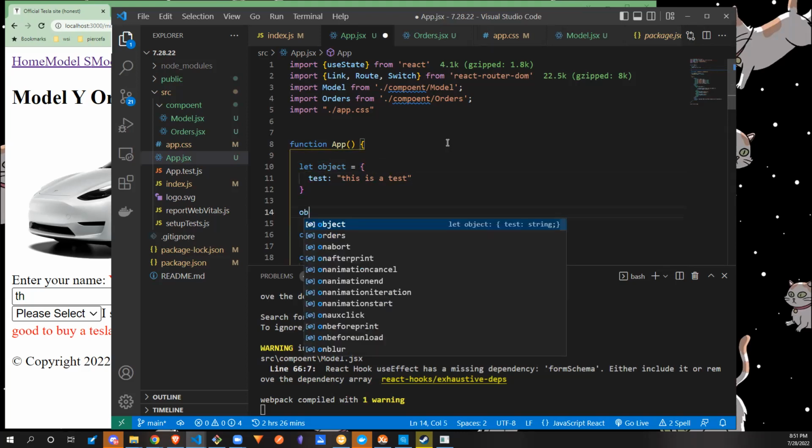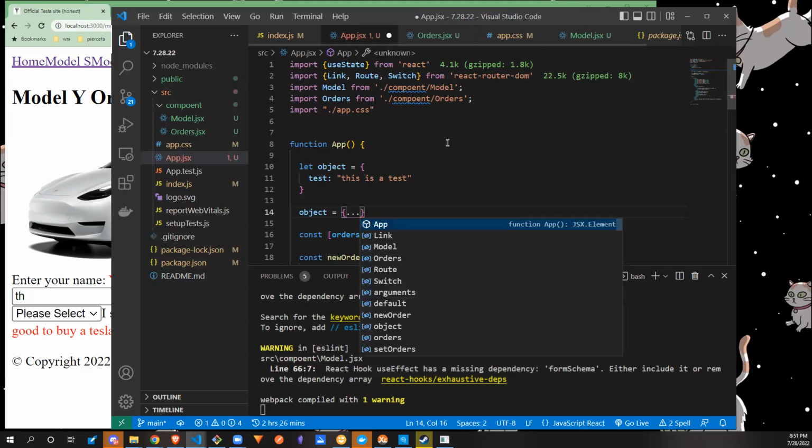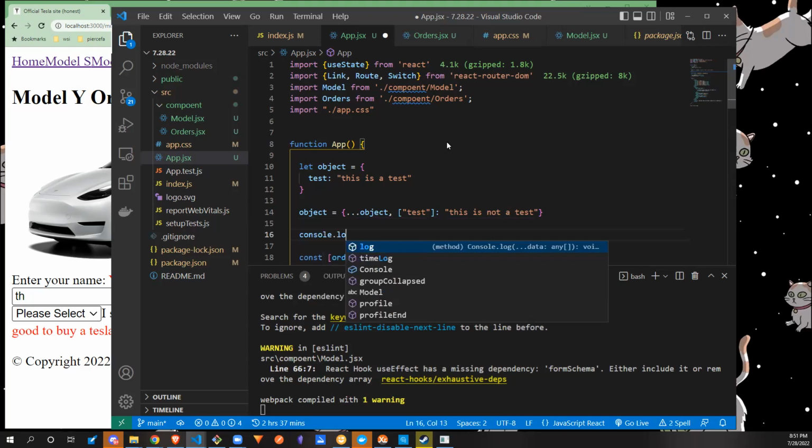Let's say I said object is equal to a new object with whatever was in the object, but I'm replacing test, sorry, with this is not a test. So if I console log this,